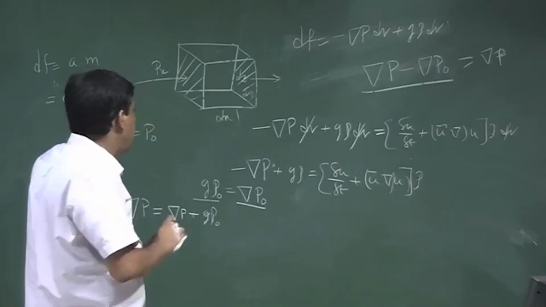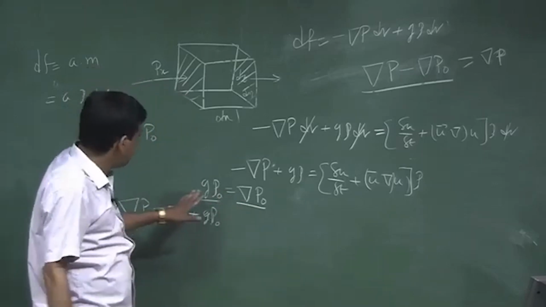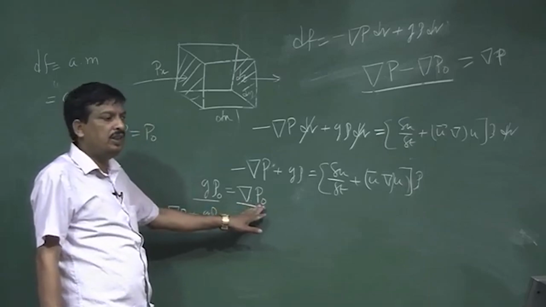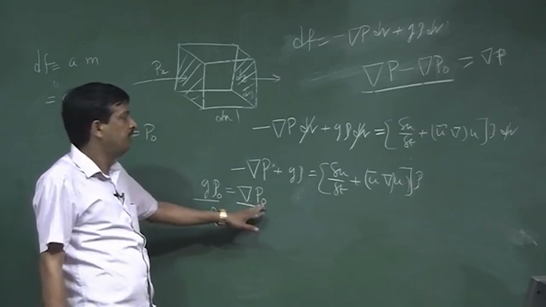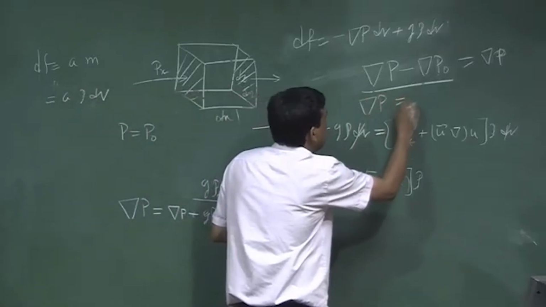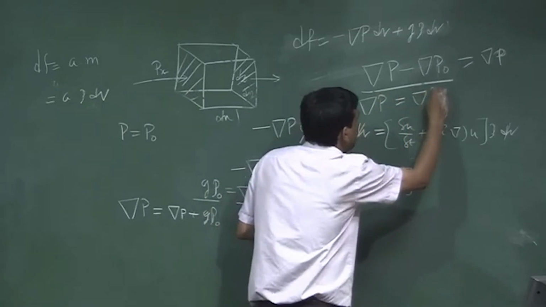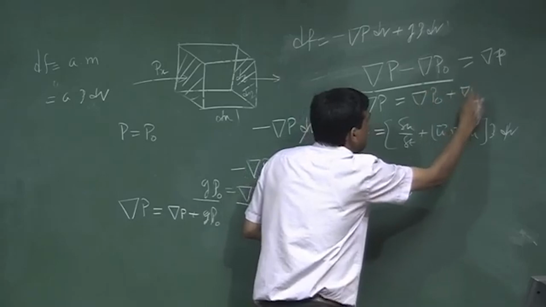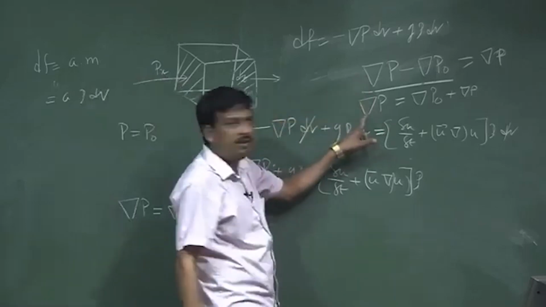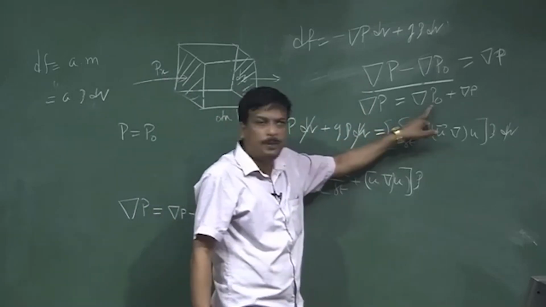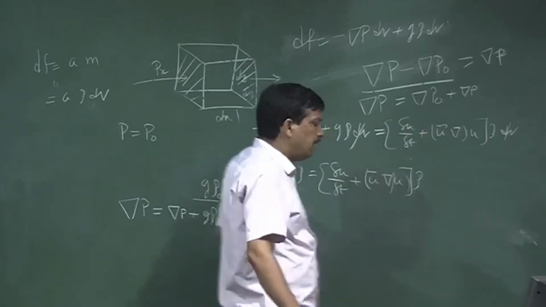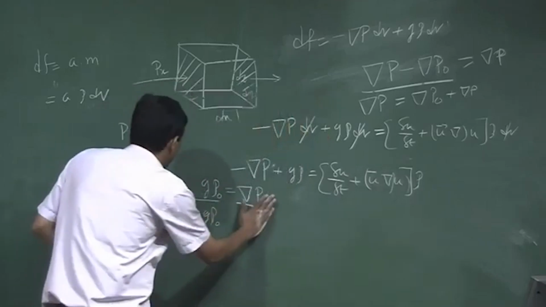Okay. So, if there is no acoustic excitation, then I say g rho 0 is nothing but a del rho 0. So, in that case I can write equilibrium pressure, this del capital P, is nothing but del P 0 plus acoustic pressure. Is that okay or not? From this equation I can write total pressure is nothing but equilibrium pressure plus acoustic pressure. Okay. So, if I put this in this equation,